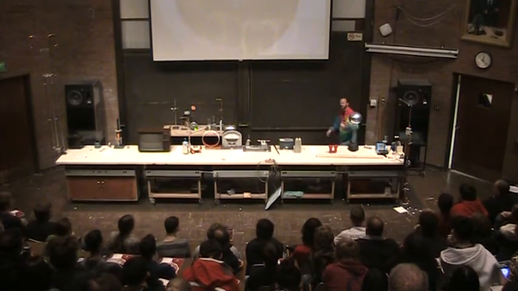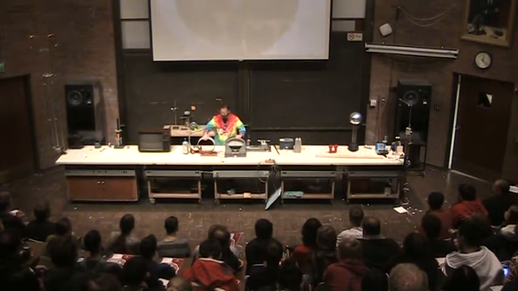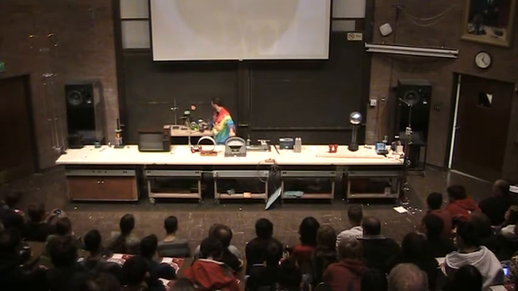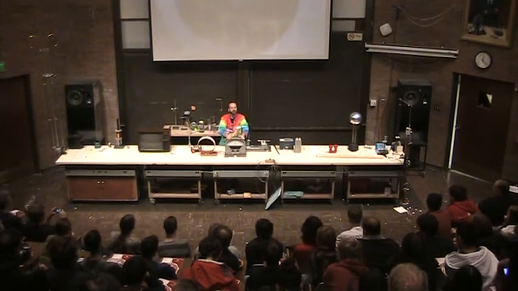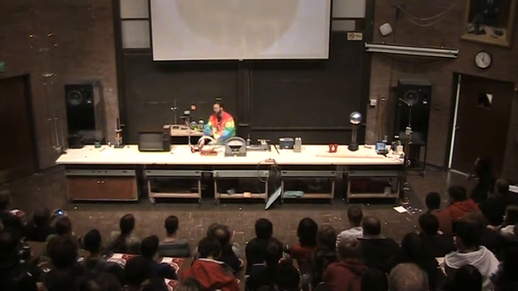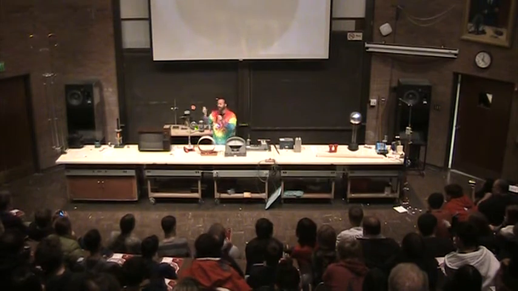Now let's explain why that works. This is a coil of wire. This is a galvanometer. It measures if current's flowing through here. Is current flowing? No. This is a magnet. It has a magnetic field around it. Let's see that.